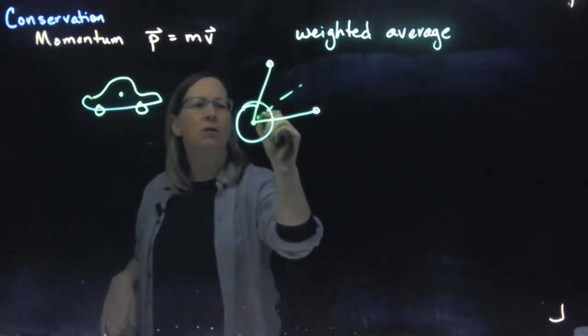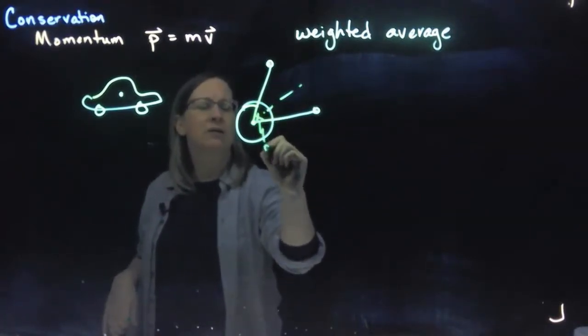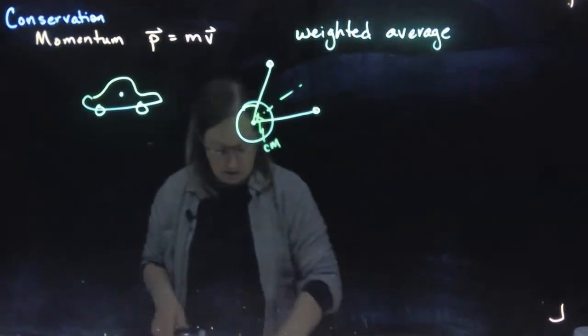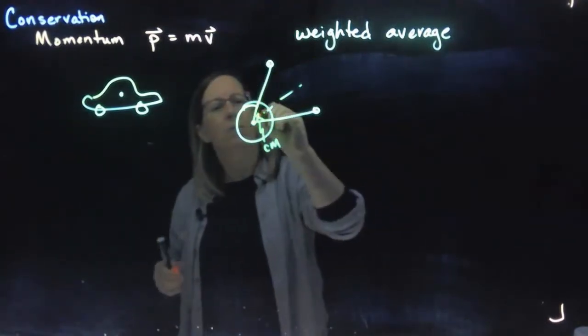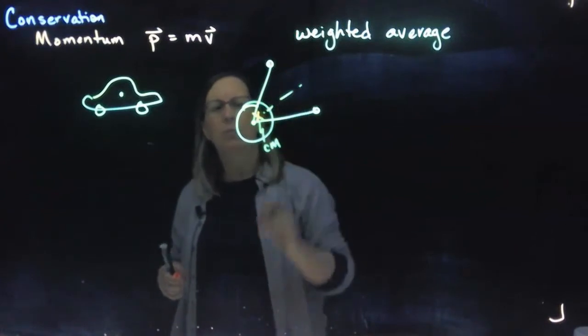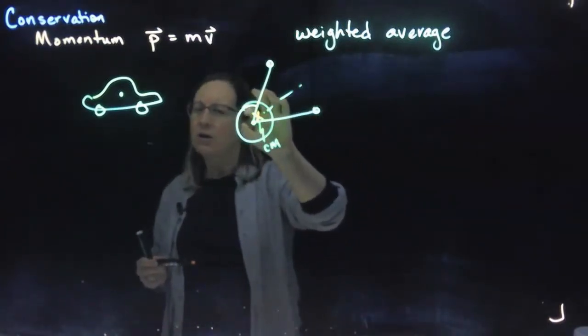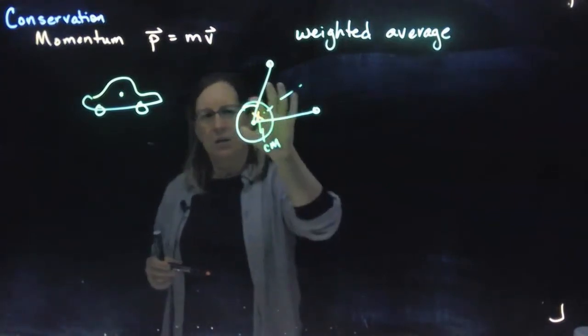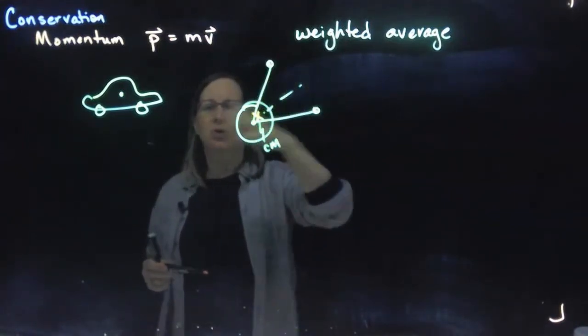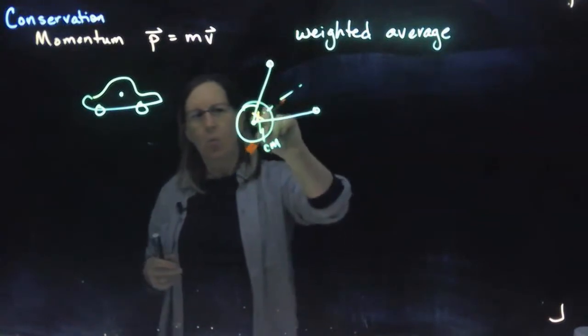So somewhere like right there might be my center of mass. All right, so right here, maybe X marks the spot, just a little bit off from the center, because most of the mass is really concentrated in this larger object,